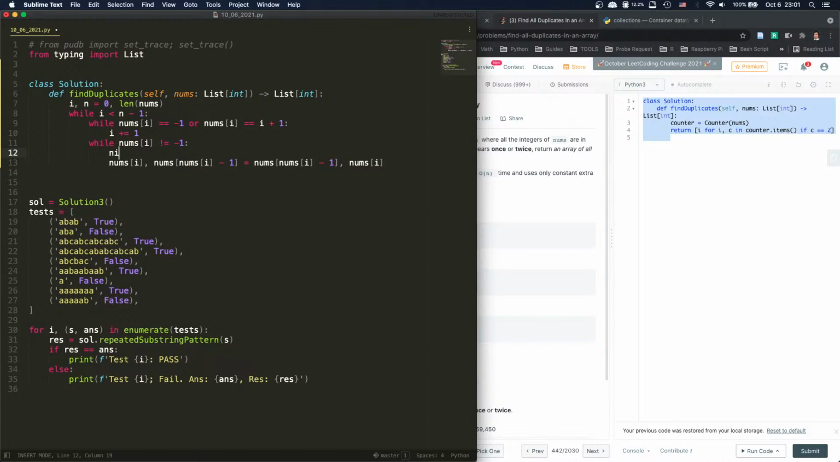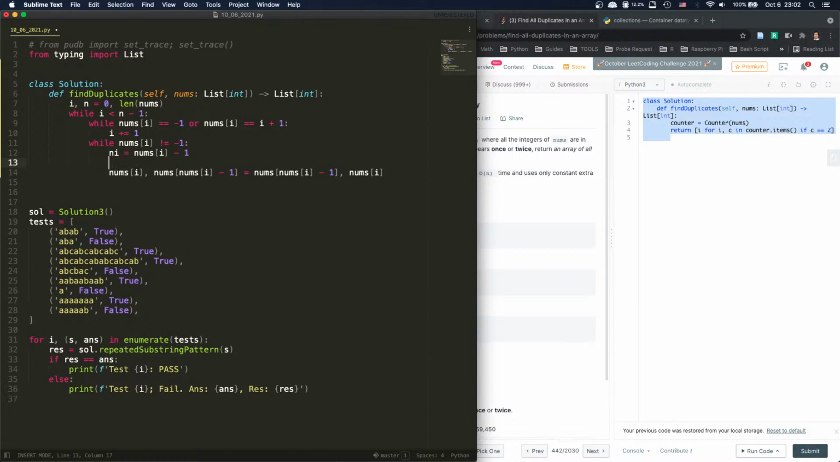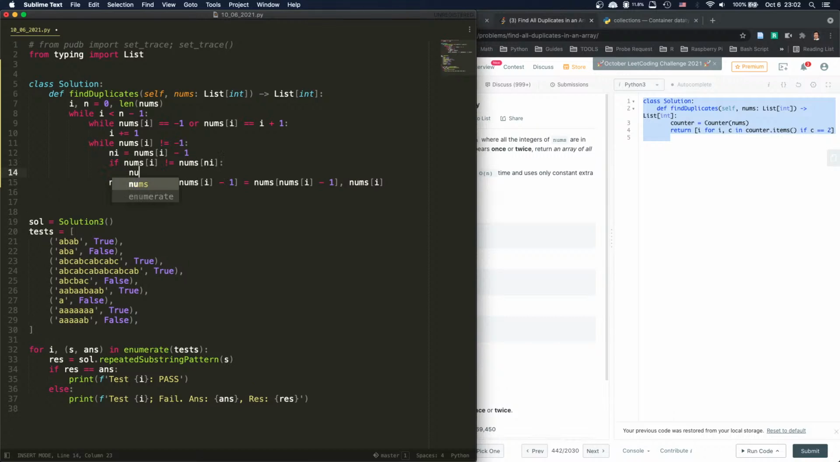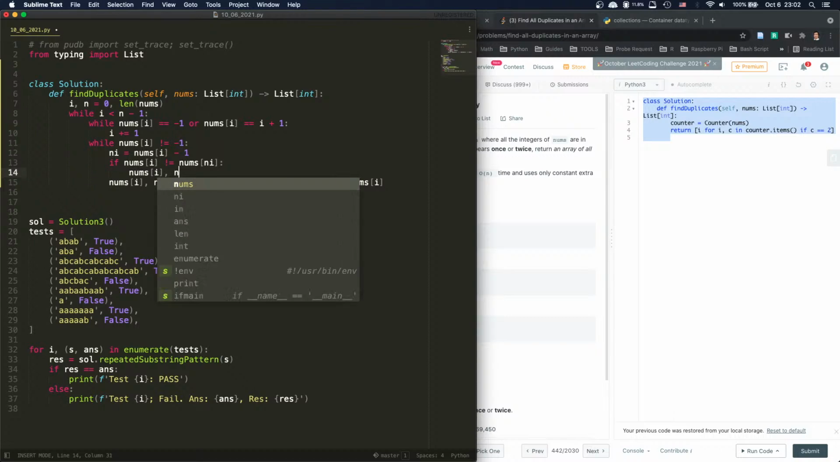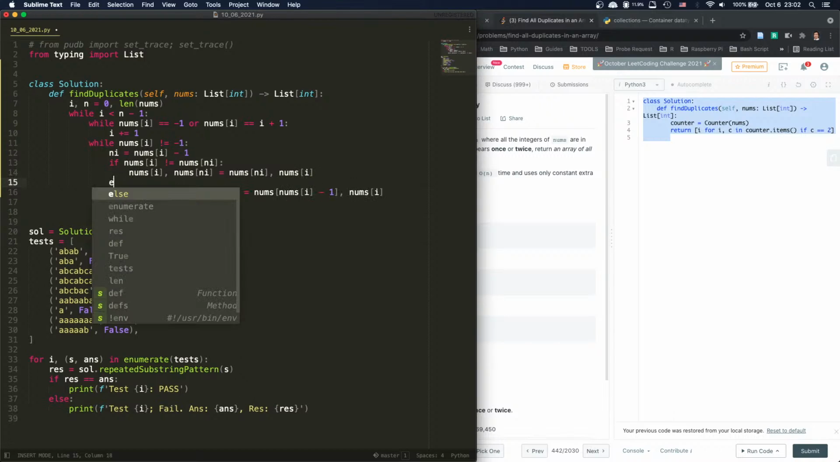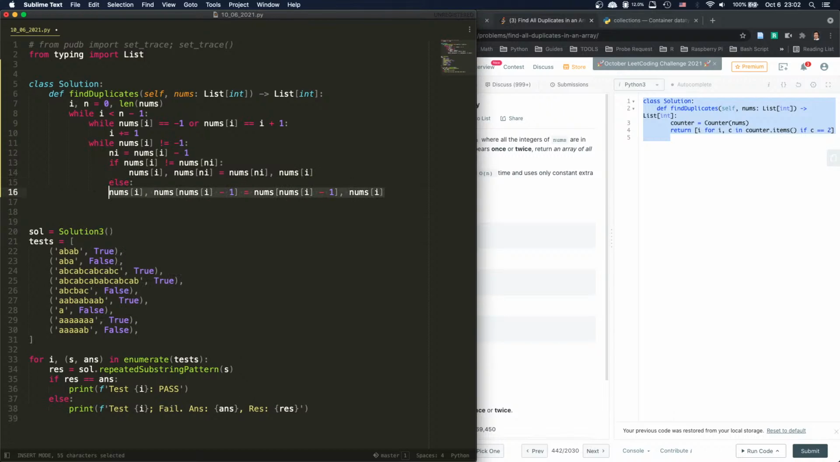Next I, ni, it should be nums I minus 1. This is where I'm supposed to be, right? And then we say if nums I current is not equal to nums ni, so these are not the same, and then we can swap nums I and nums ni. So that's the swap. Else, that means nums I and nums ni are the same, then